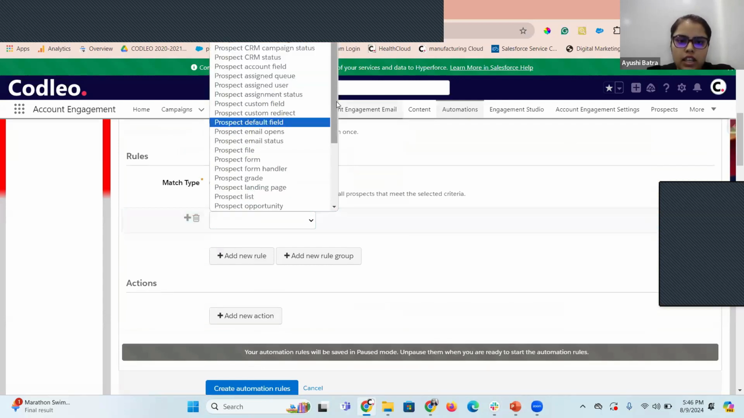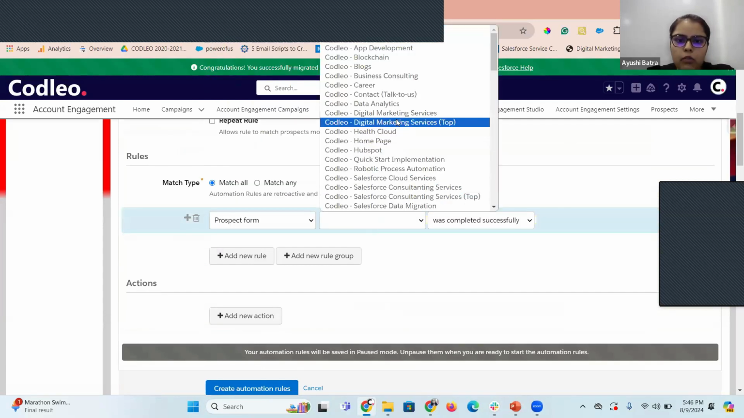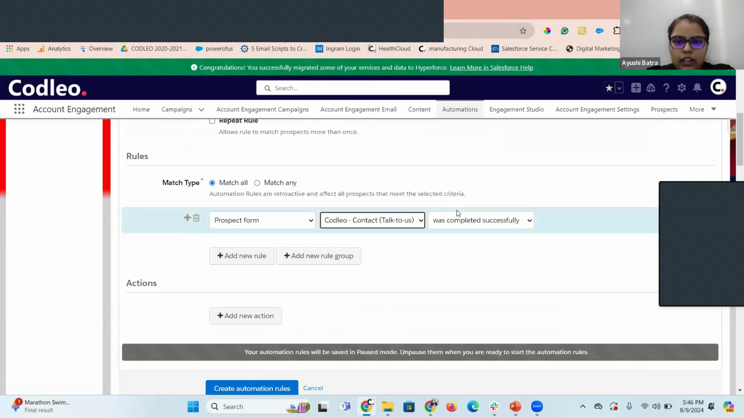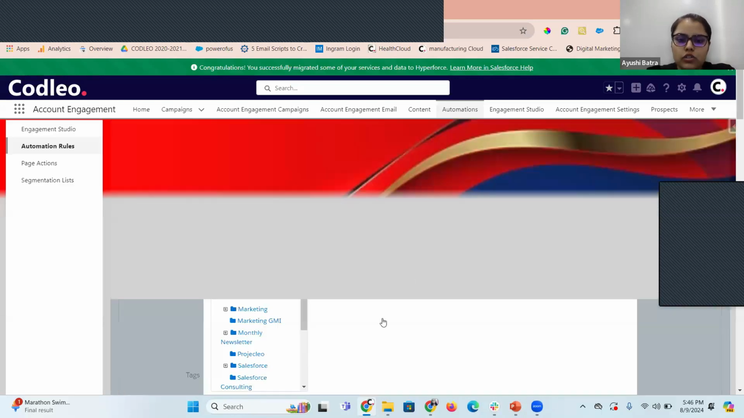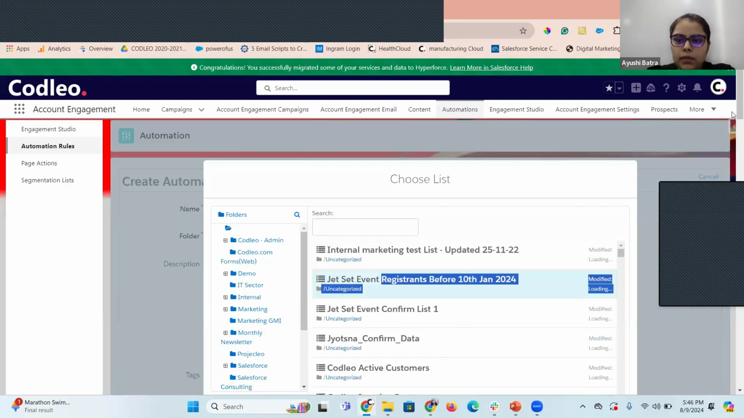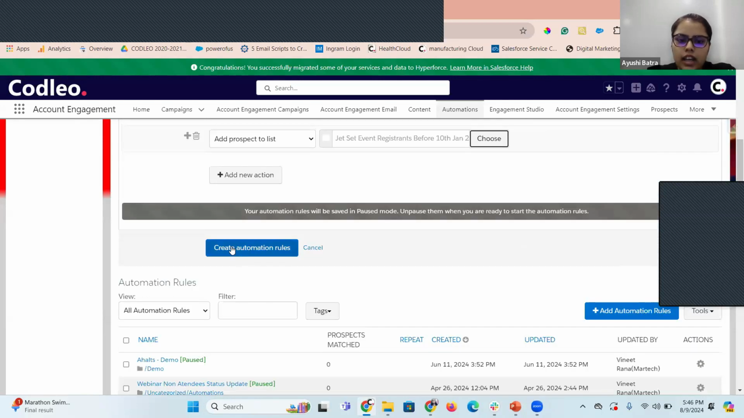So let's say the prospect form, whatever form I'm using, the contact us form, was completed successfully. If that prospect has filled up this particular form, then in the action step, I can define that they should be part of this list. I can choose that list, name it, and simply choose selected. So once I click on create automation rule,